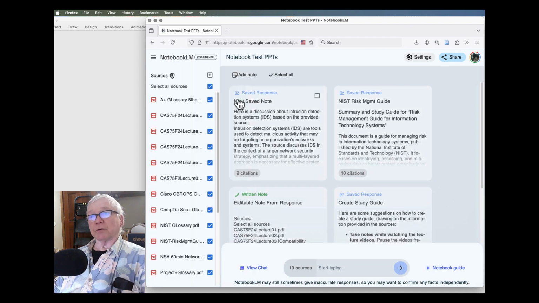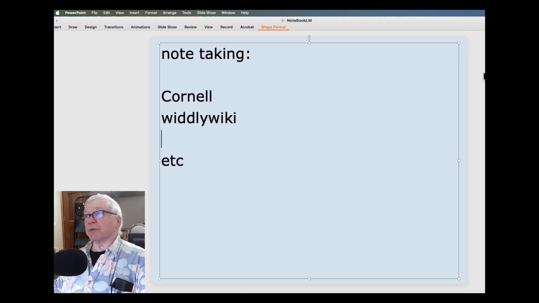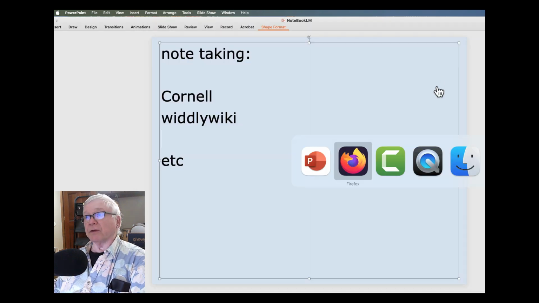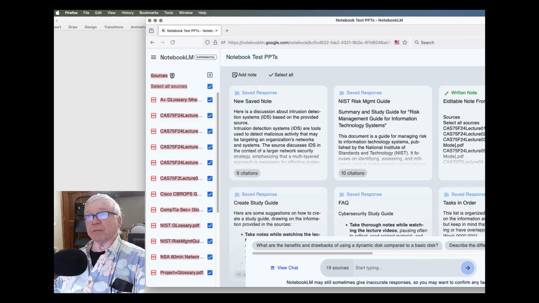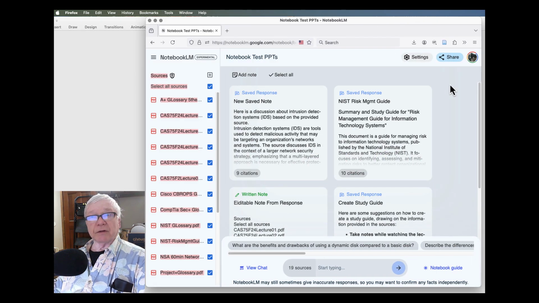So here's what I created, and I put some stuff in here. Does this open? This doesn't move. So I don't think I can make this big enough so you can actually see all the names of the stuff that I put in here. No, it doesn't. Okay, maybe that'll be an interesting feature.